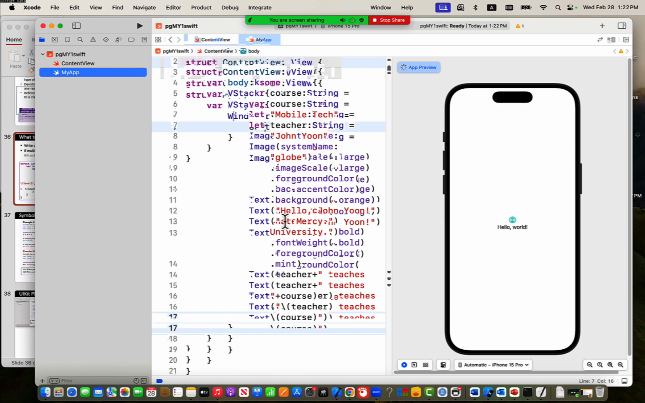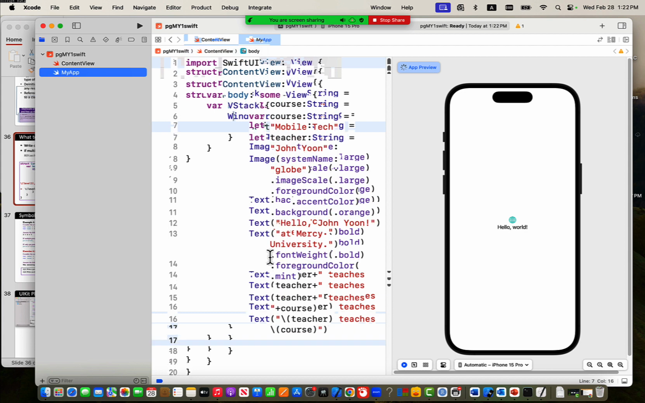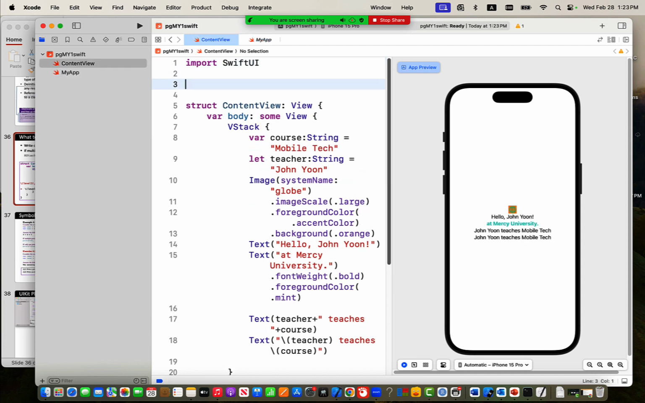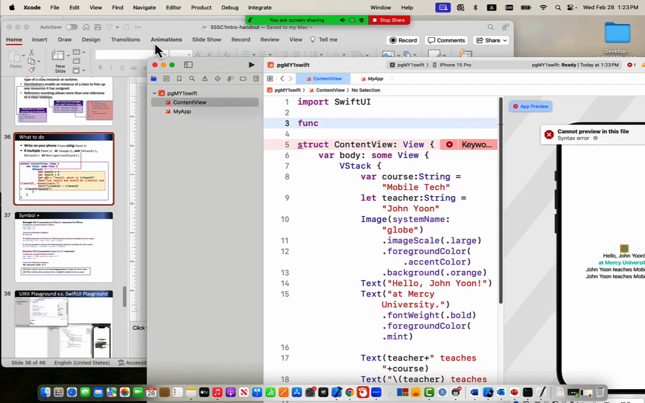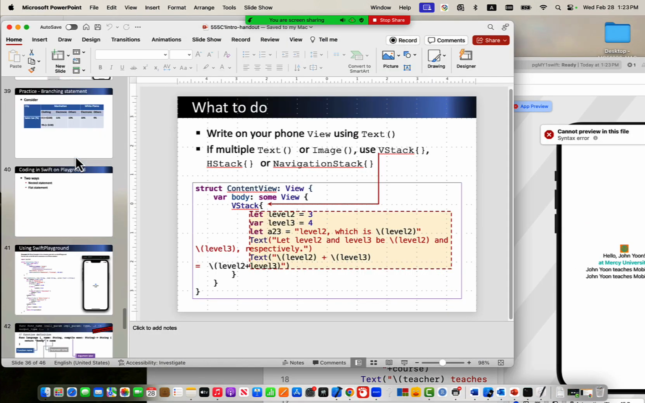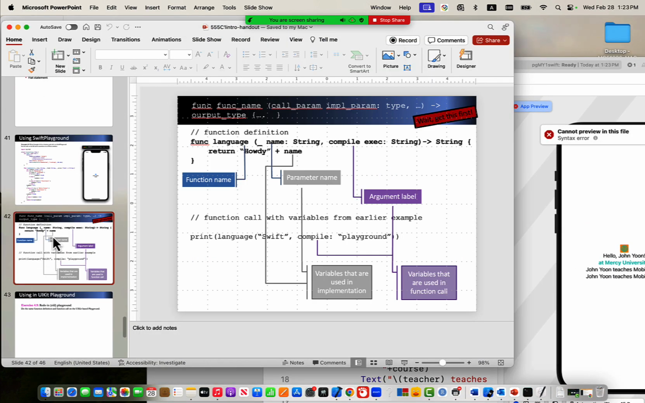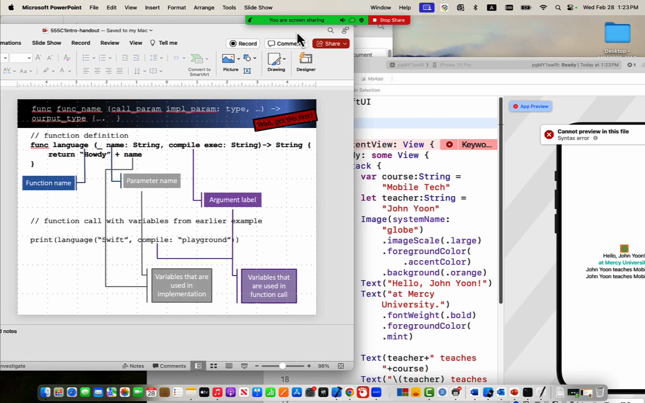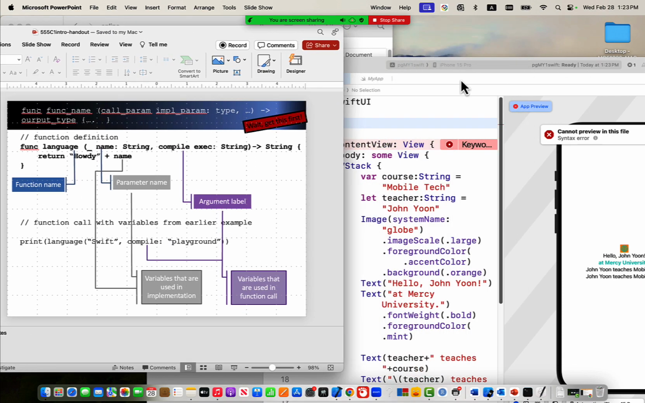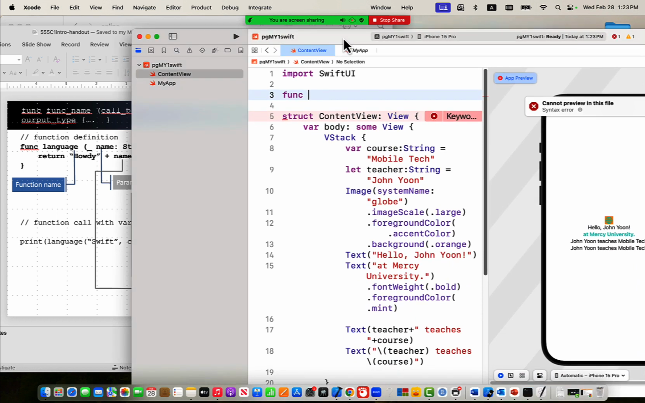Okay. Here's a VStack, and I want to define a function here. Func. We have a function definition somewhere here, right? So we're going to use this similarly to this, but not exactly. So we need to practice some. So func, I would say